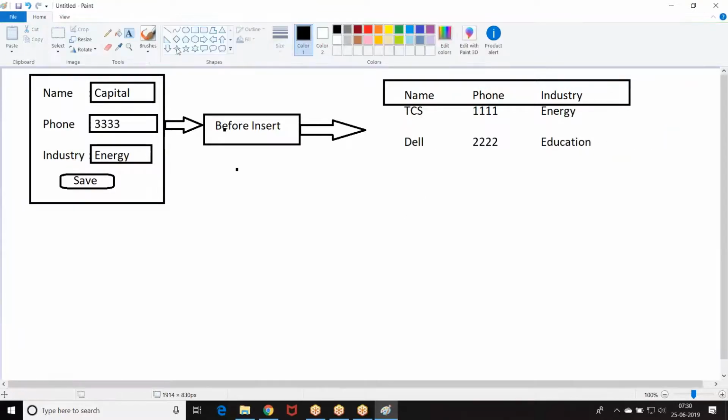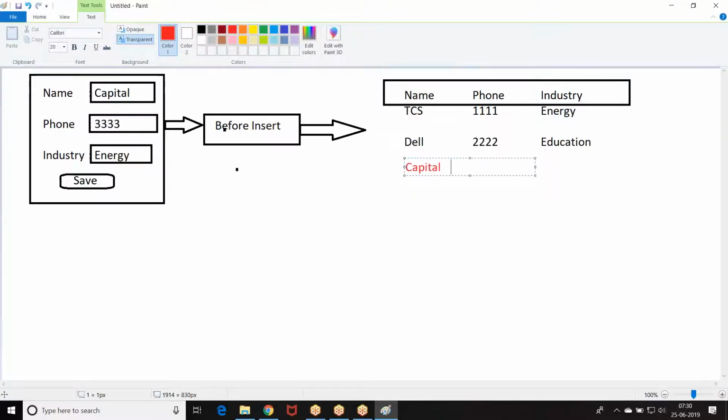This is how I have data. The moment you said insert, the data was inserted here, capital.